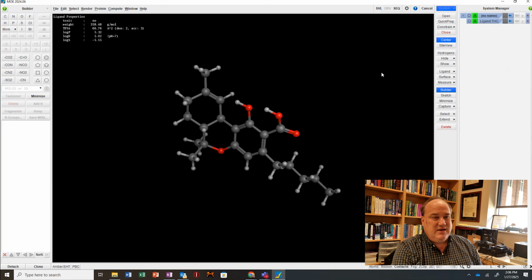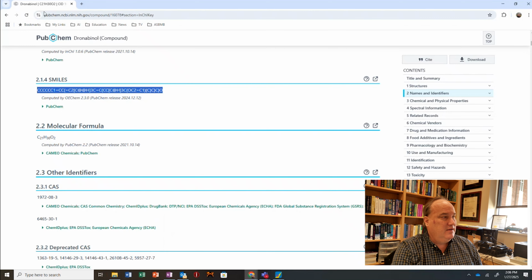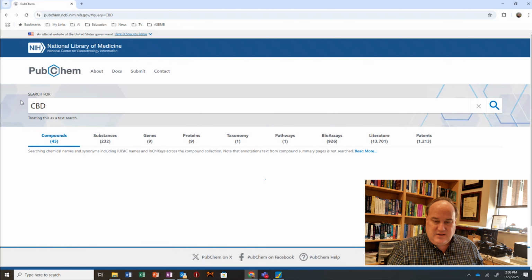So, and again, let's just kind of look to see what happened to the log P. Notice my log P is still very high with THC-A. It's 5.32, so it went down a little bit because I added this very polar carboxylic acid. However, it's still very hydrophobic. It'll still get in the brain. It just won't bind to the same cannabis receptors the same way, right? So that's THC. Now, let's look at another compound, and I'm going to go here, and let's look at CBD,